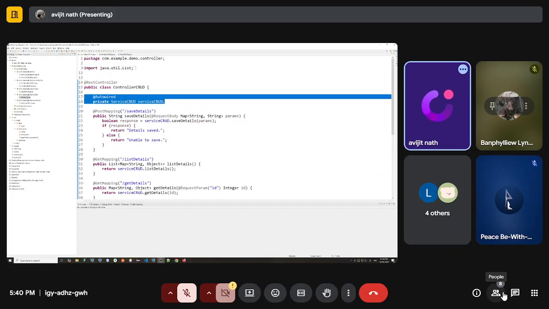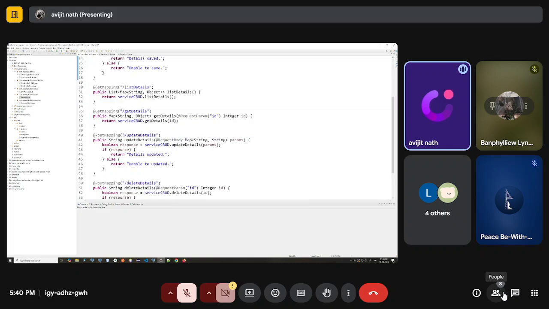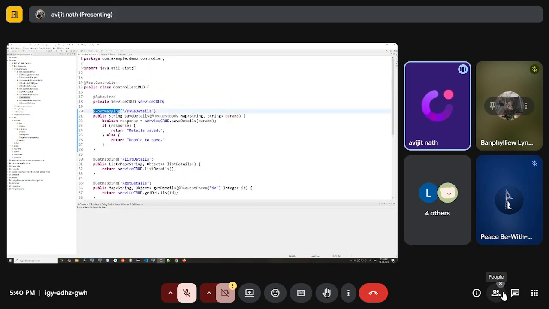Now come to the controller. So now I think your DAO layer is clear, service layer is clear. The service layer is very simple, it is just taking the request and forwarding it to a particular location in the DAO layer. Now in the controller, I have created different endpoints. As it's a CRUD operation, I will be creating